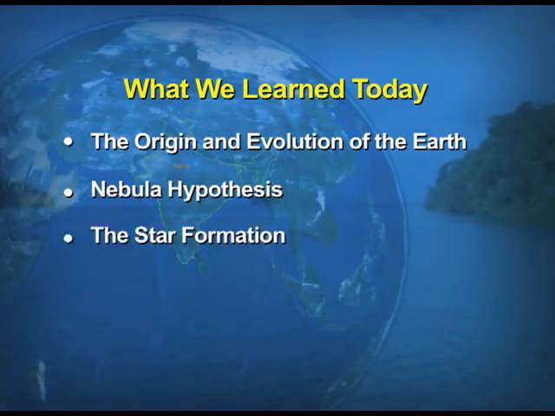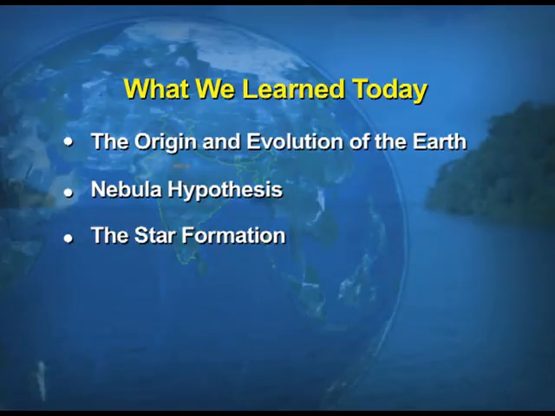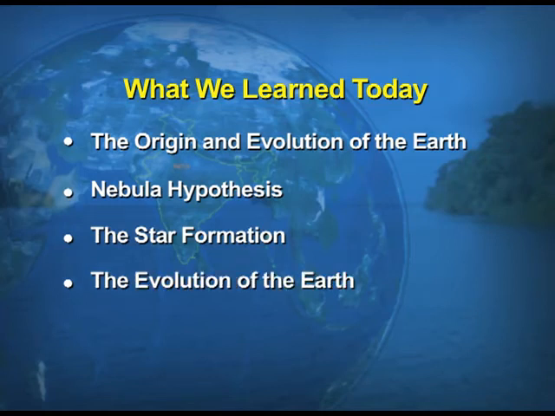Star formation is one of the important aspects when we consider the Big Bang theory, and there are 3 stages with respect to the Big Bang theory. The formation of planets has also been discussed, that it happened in stages, and with respect to that we also talked about our solar system, the inner planets, the terrestrial planets and the Jovian planets. We also talked about the evolution of the earth, how the evolution of the lithosphere took place, and the evolution of the atmosphere and hydrosphere.